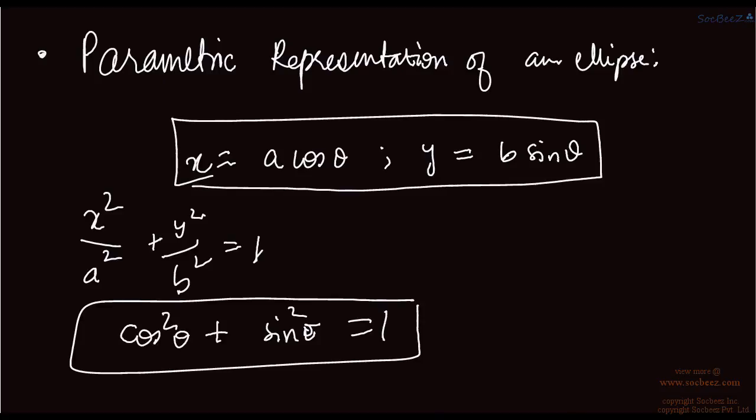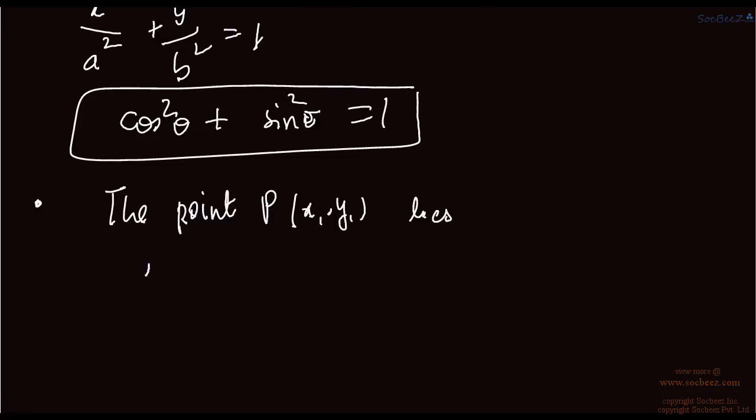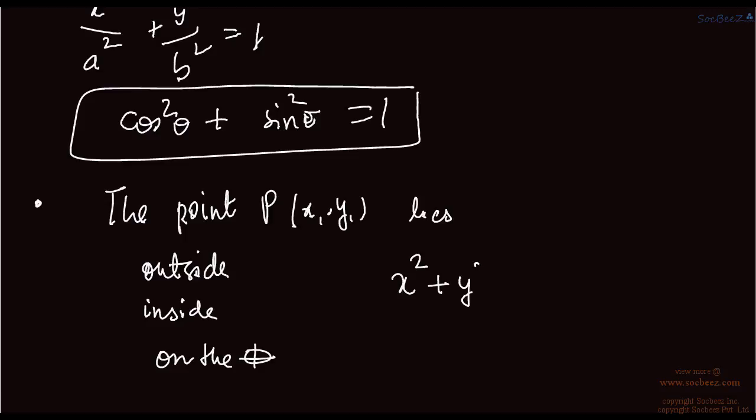Now we'll move on with the position of a point with respect to ellipse, that is outside, inside, or lying on the ellipse. So the point, let's say P x1 comma y1 lies outside, inside, or on the ellipse if x1 square by a square plus y1 square by b square minus 1, this thing